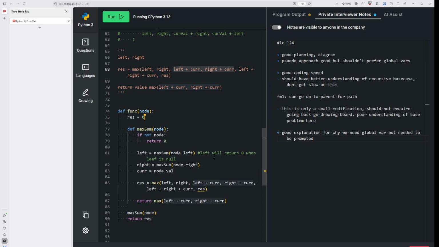Okay. Time and space. Time and space should be the same. We're visiting each node once, and then space is also O of n. In the worst case, you have n stacks of recursion. What's the average space usage? Average space usage. I am actually not sure how we can calculate that. I'm just thinking, so at an average case,